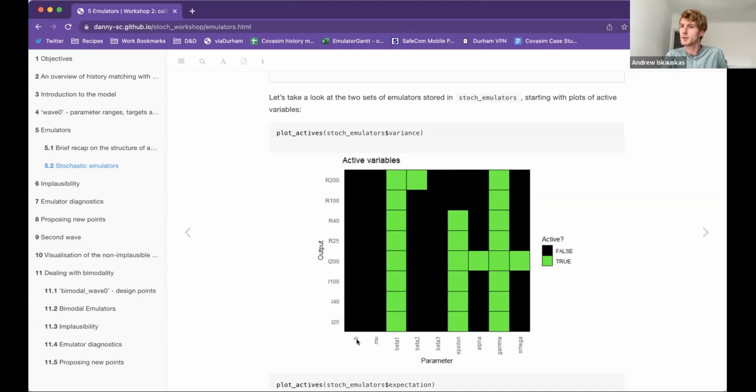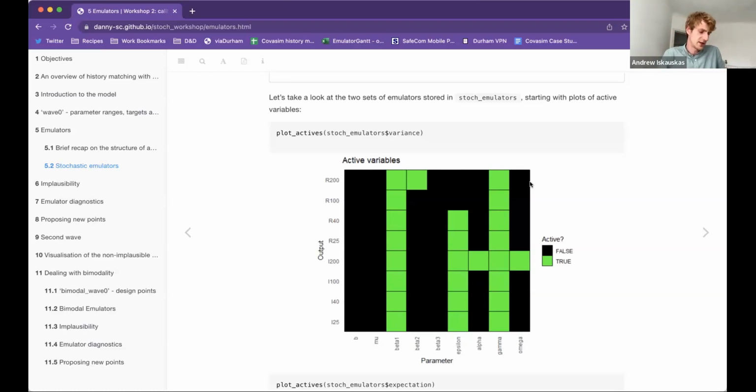The beta and the mu, the birth and the death rates, aren't really doing much. The first transmission parameter is doing a lot, which is what we'd expect: if we have high initial transmission, we're going to get a lot of variability later on. And interestingly, we have the gamma and the epsilon parameters also weighing in quite a lot on the outputs. Just to quickly address one of the questions that I think was asked quite a bit earlier,